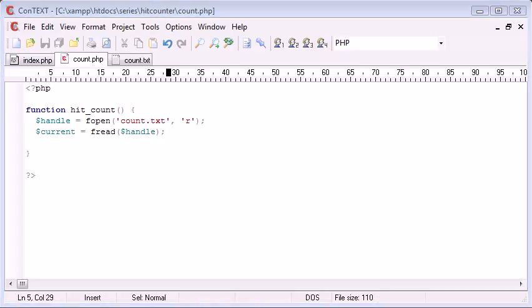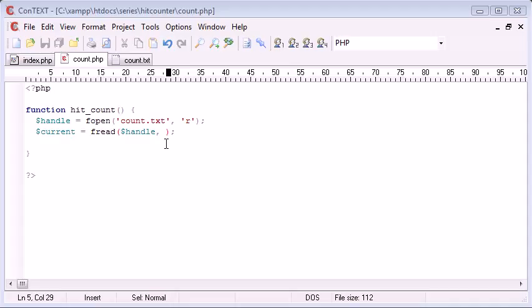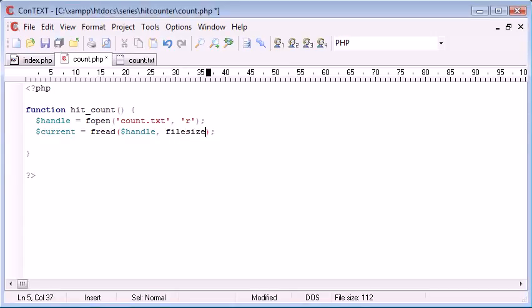Now we need to specify the length of the data we're reading in. So this could be, for example, 2. We might have a 2-digit number. So basically if I had the name Alex inside a file, we'd need to read a length of 4. So how are we going to go about reading this? We don't want to read too much and we don't want to read too little. If you've already seen the file handling tutorials, you'll know that we can use the filesize function, which we can put in here, to read in a specific